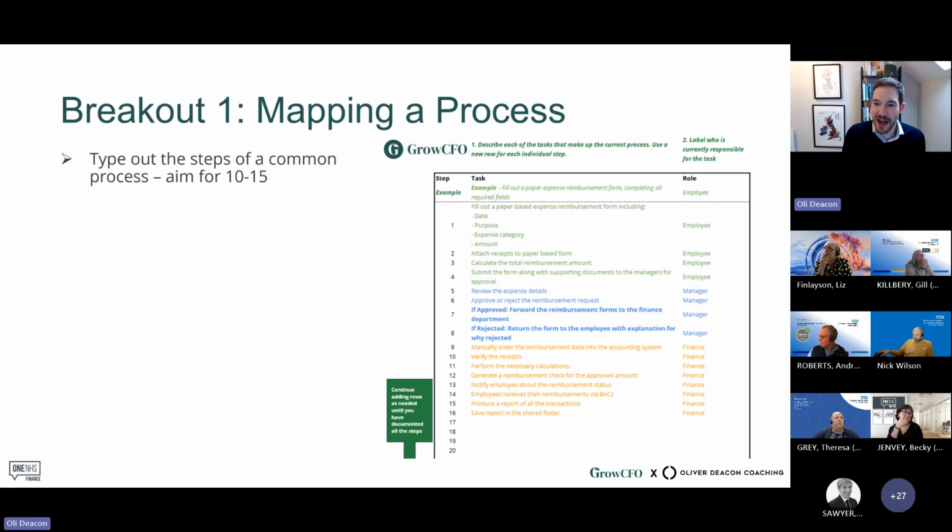And in fact, what we're going to do now, Becky, if you're ready to start getting ready with some breakout groups, let's do 6 breakout groups today. So you'll either have 5 or 6 folks in your group. And what I'm going to get you all to do, folks, is type out as many steps of a process as possible. We're going to give you 9 minutes.